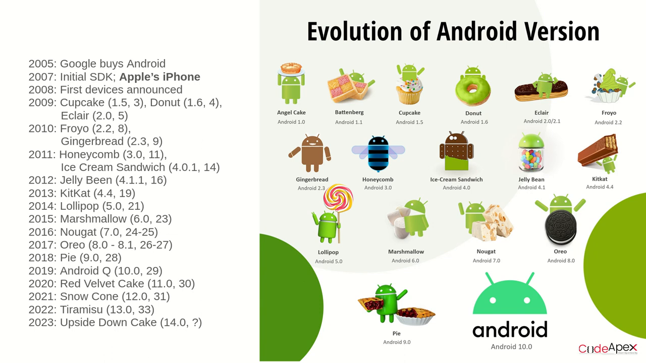Now, Android evolves quite a bit. Each year there's a new Android version being released. And just a couple of weeks ago, we had Upside Down Cake, which was Android version number 14. The API version is not exactly clear at the time of this recording. Last year's version was Tiramisu, then before that Snow Cone, Red Velvet Cake, Android Q, Pie, Oreo, Nougat, Marshmallow, Lollipop, and so on, going back even further to 2005, when Google initially bought Android and the first SDK was released